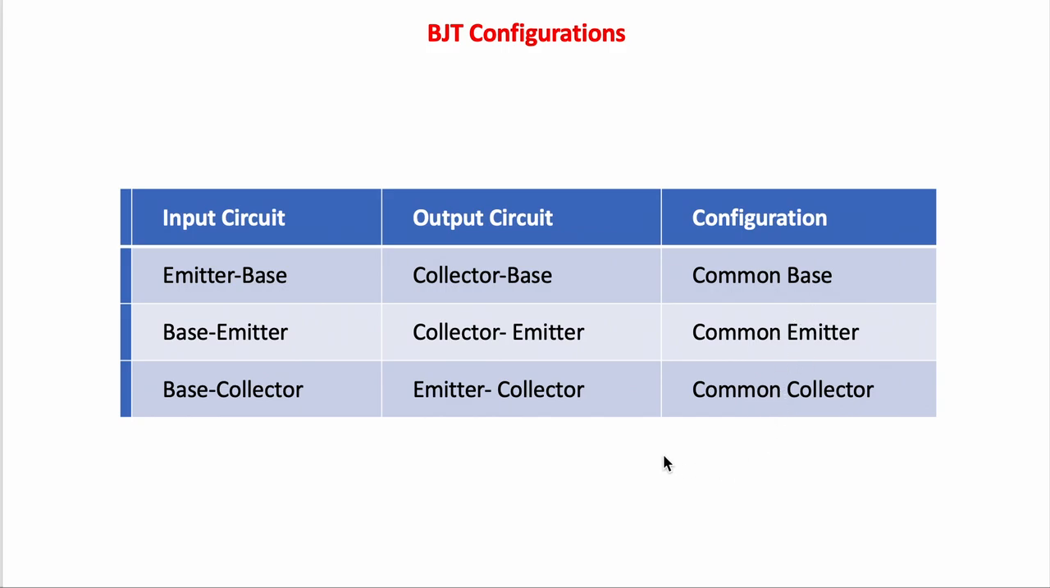So one might think, why do we have multiple configurations? It's a really valid question. The reason for having multiple configurations is that each offers different input and output characteristics, like the voltage gain or the current gain, or input and output impedances, and also the phase shift as well, making them suitable for various applications. Okay, so in this video we will be discussing the features of the common base